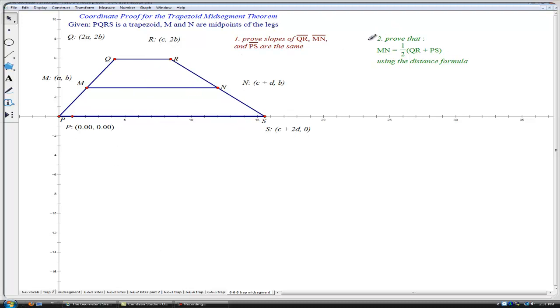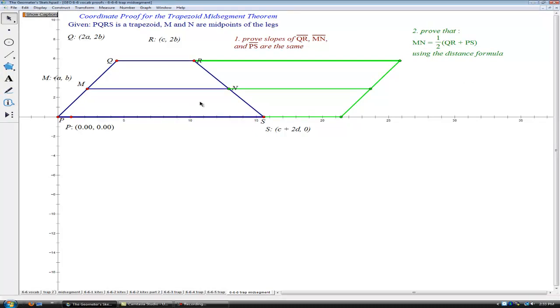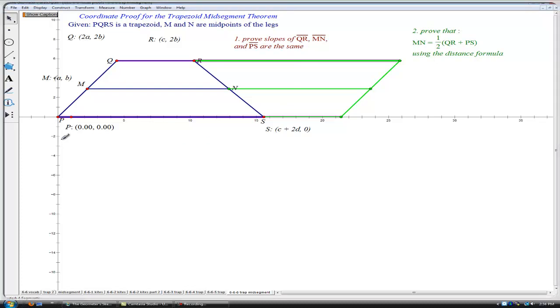And now for the second part of the theorem, we want to prove the distance of the midsegment in relationship to the sum of the distance of the bases. So what I've done is reflected these distances exactly 180 degrees around this midpoint N. So now what I have down here is the same distance as this base, and this base was rotated and is now over here. So what we can do is now consider this, which is a parallelogram, by the way, and this is also a useful visual proof when we're starting to look at area. But for now, just if we think about this distance as if this is base 1 and base 2, this whole distance is now that